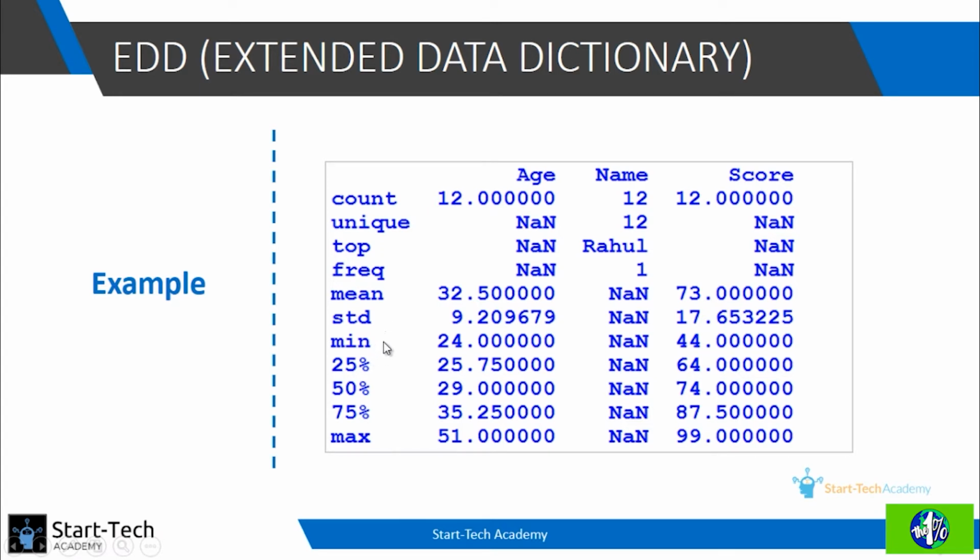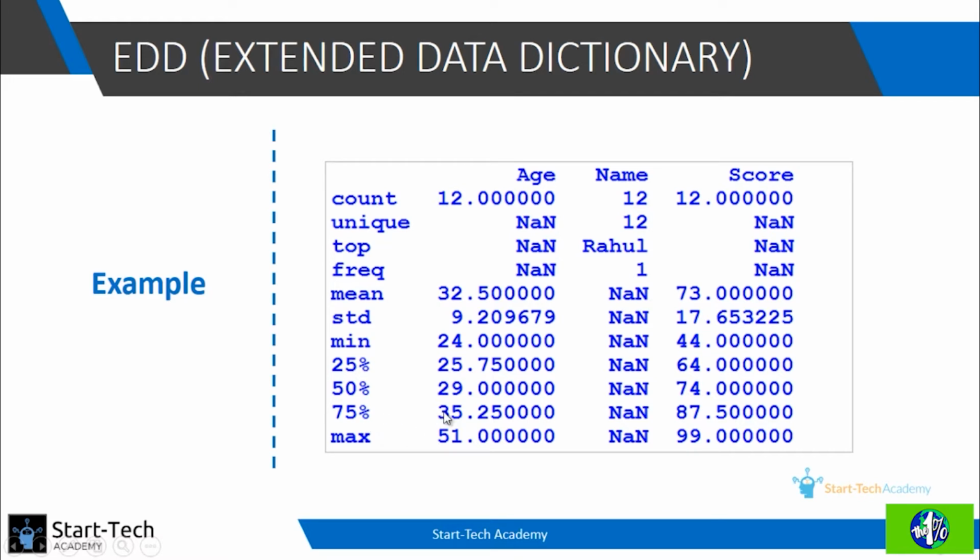Imagine if I arrange all the ages in ascending order. The first value will be the minimum value. The last value will be the maximum value. The 25th percentile value, this 25.75 value will be at 1/4 position. That is 25% of the values will be lower than this value. 29, this 50 percentile value will be at the middle. That is 50% of values will be lower than this. And this 50 percentile value is same as the median also. If you remember the definition of median,